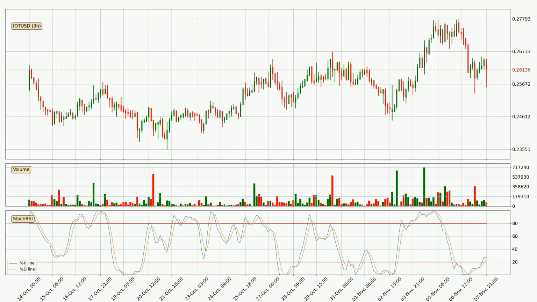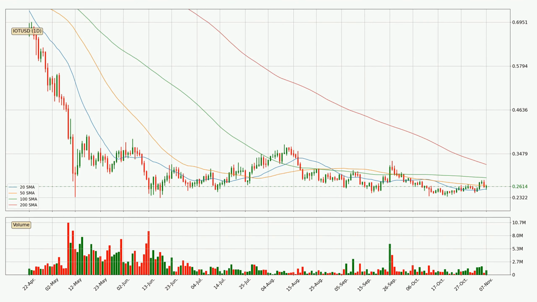Moving to the 3-hourly stochastic RSI, there are no signs of the stochastic RSI being oversold or overbought at this time, but because the %K line is over the %D line, we can deduce that the trend is currently on the up. Moving to the daily simple moving averages, at the moment, the price is between the 20 and the